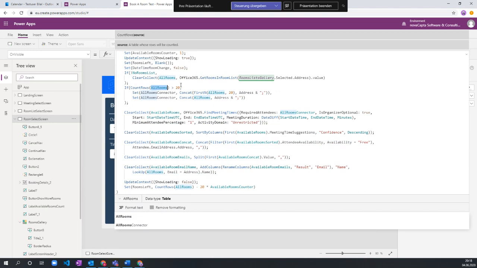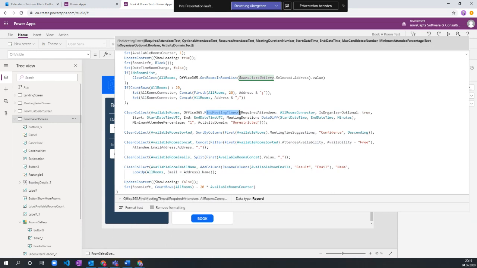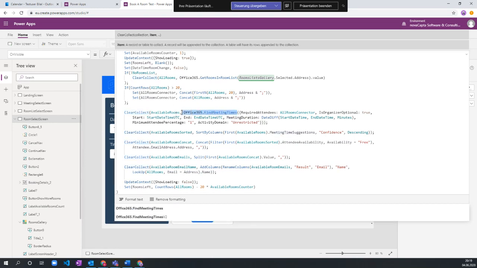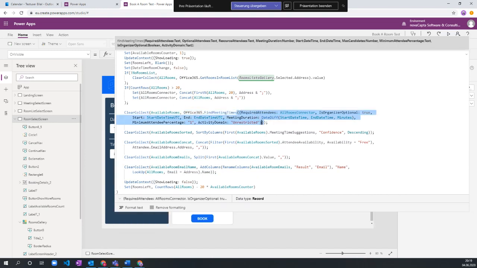And then they take this all rooms and they use the other function from Office 365, which says, okay, click collect. I want you to name available rooms, Office 365, and then they use the find meeting times, which will show me if I have a meeting or if there's a meeting in this time, and it will bring me all the meetings, not only my meetings, but all the meetings in the company. And this is all the function that you can write inside the find meeting times. If we can go and see the collection now, available rooms,